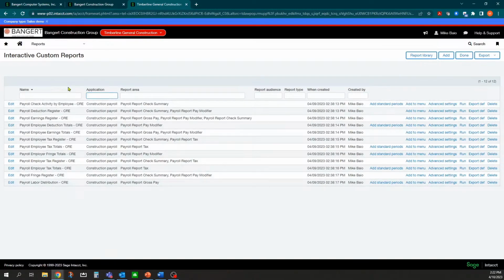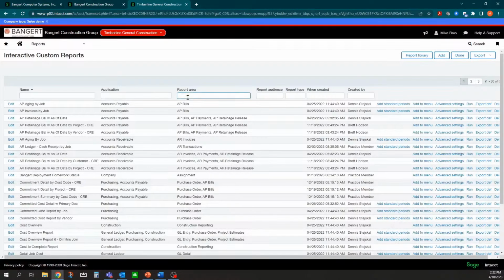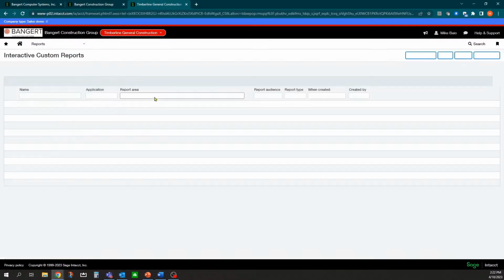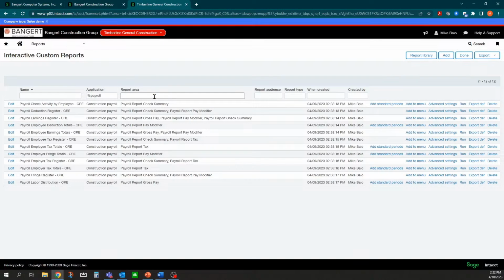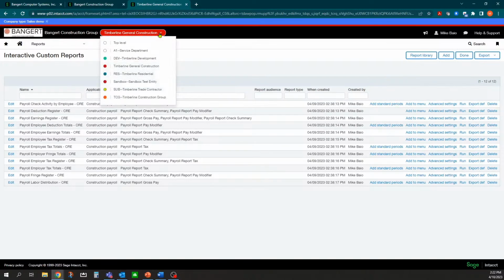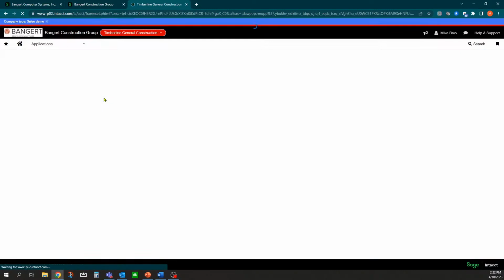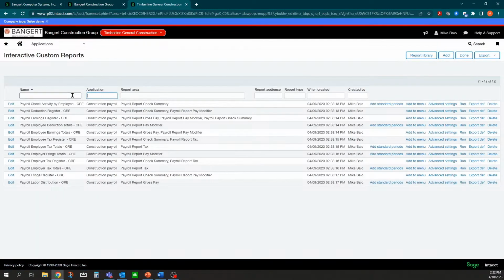You can also put a % sign in front of the filter, and for example, if I say, let's actually go over here and say % payroll, it will find wherever payroll is in the word for you as well. So you can see here you can quickly get to your payroll reporting from using these filters in the system. In addition to that, you'll see 2 more fields here called report audience and report type. So what you can do is, and I'm going to, let's go and refresh this and get that out of there.